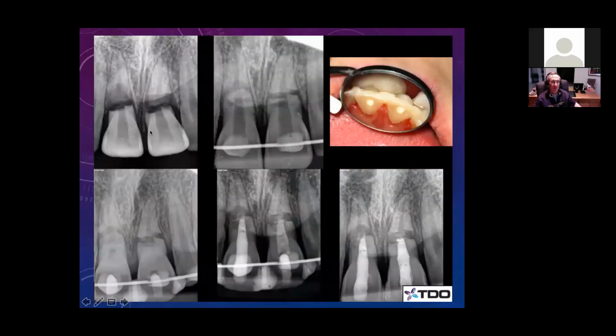So we numbed him up and repositioned him as best we could and stabilized him. And then his lip was all swollen and bloody. We didn't do anything else that day, other than stabilize him, but we had him back about a week later, then started root